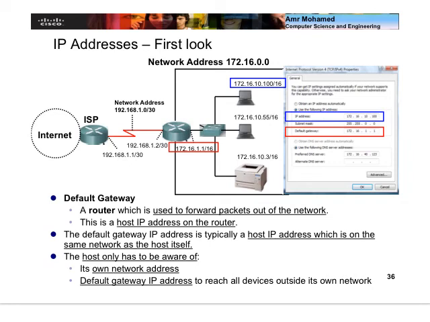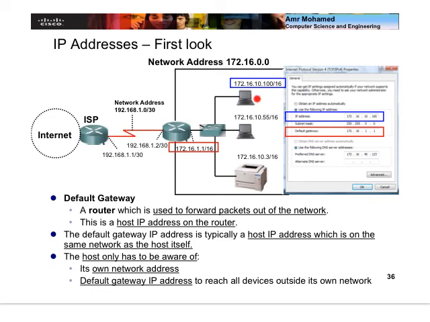So any host should have a default gateway, which is the default route to the external internet, which takes you to your service provider and then to the internet. So this refers to a router which is used to forward packets outside the network. This is your way out of the network. Otherwise,